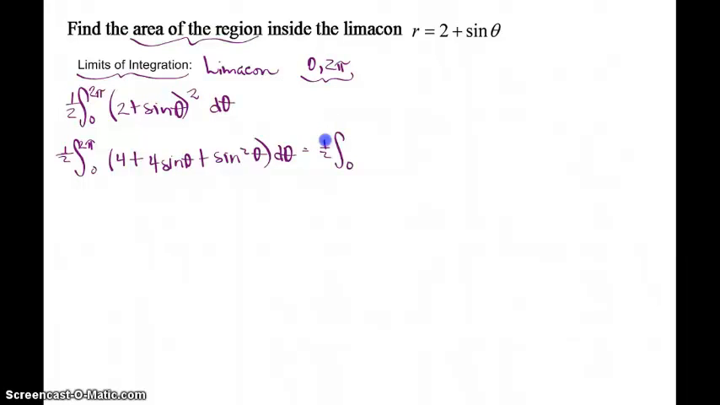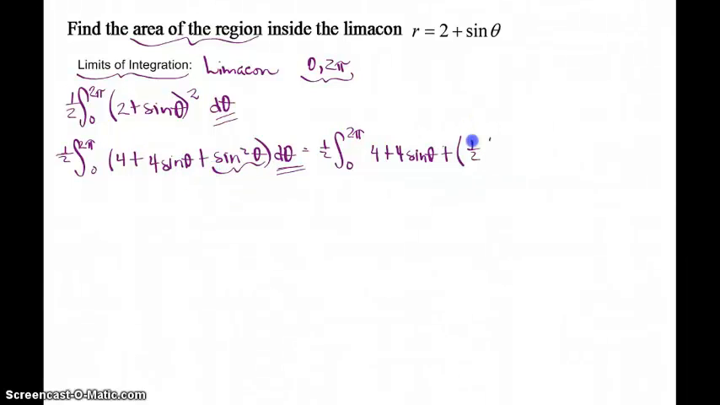1/2 the integral from 0 to 2 pi. Notice I'm being real good with my notation. I'm not dropping my d theta. I'm copying down my coefficient and copying down my definite integral. So 4 plus 4 sine of theta plus, now we're going to do our substitution for sine squared, which we